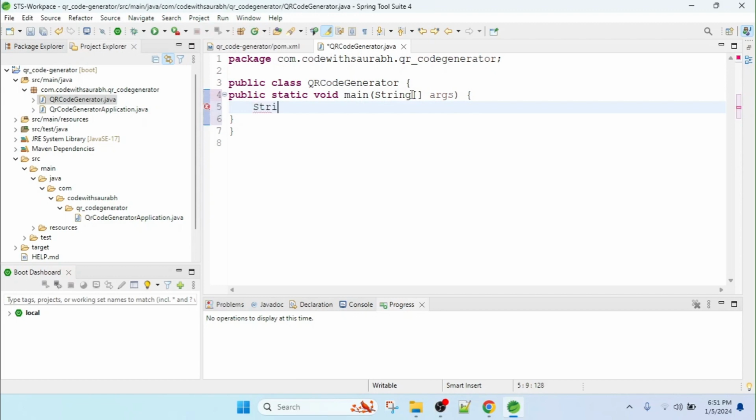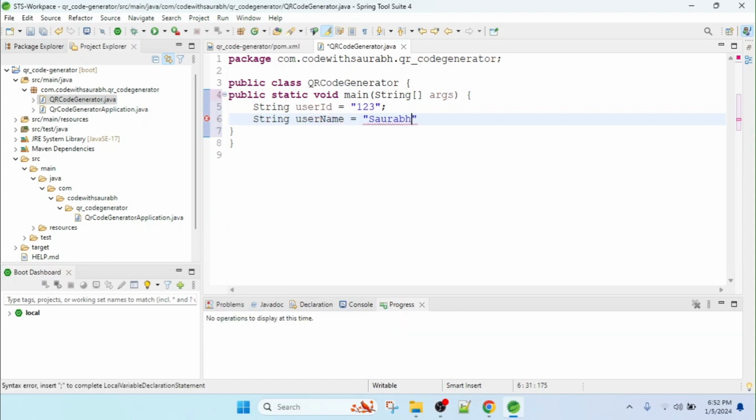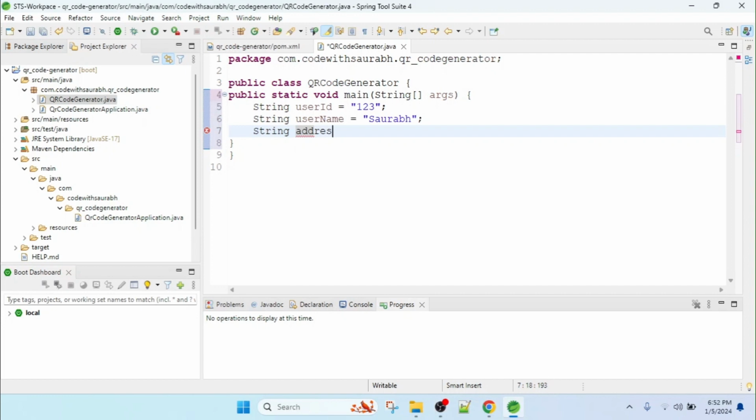And here I'm just writing a String userId, and giving the value userId123, then writing String userName equal to Saurabh, then a String address equal to, and inside address I am filling in Kolkata,